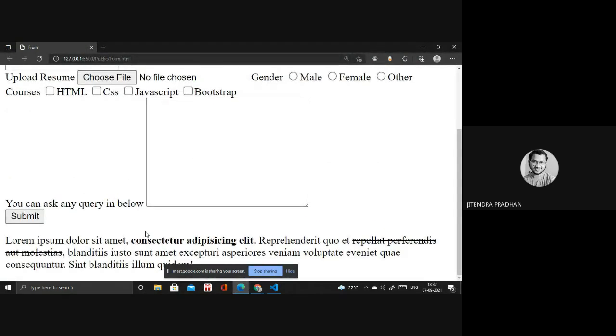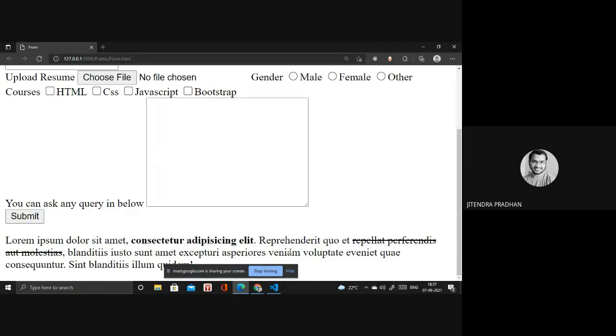Okay, so strong means emphasize; you have to emphasize the particular content. Any customer or client who goes to read a paragraph will be focusing on that word that you write inside.